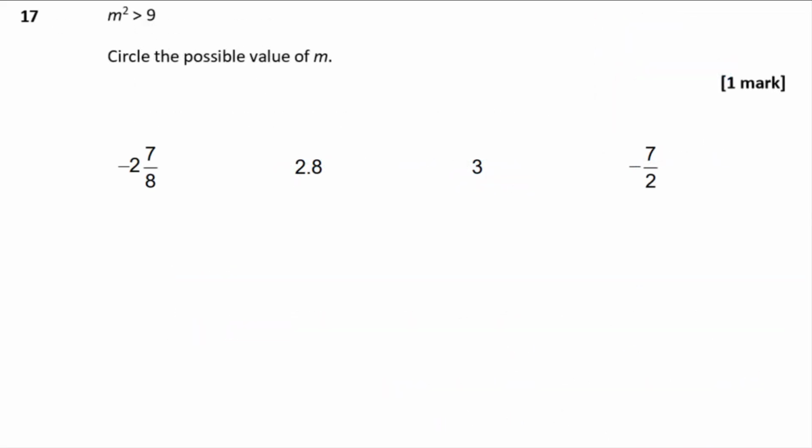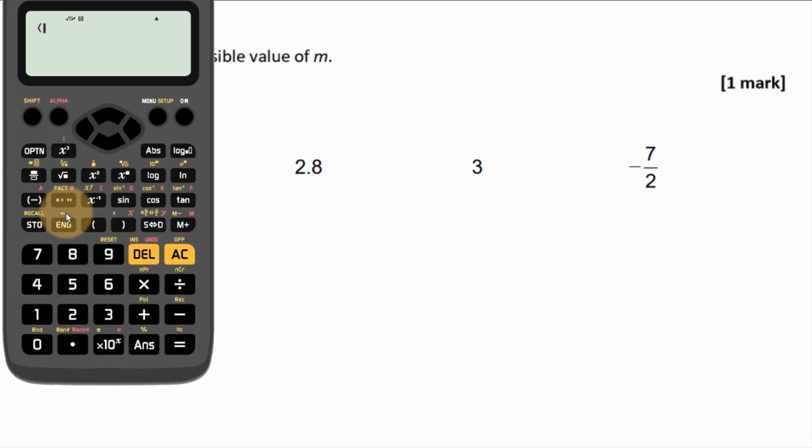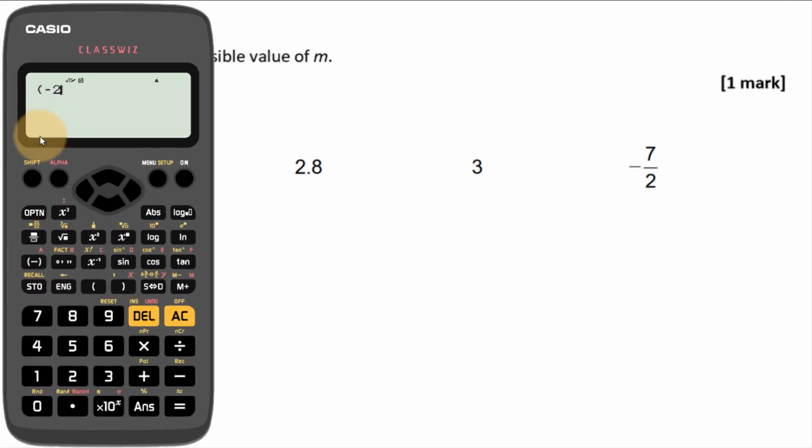Okay, Question 17, m squared is greater than 9. Circle the possible values of m. Well, I already know what it is, but assuming it doesn't leap out at you, then the easiest thing to do is just to square all those numbers to see if it's bigger than 9. Okay, so which ones give you a number bigger than 9? So if I've got 2 and 7/8, and I square that, just tap it into the calculator and using the square button, that comes out to be